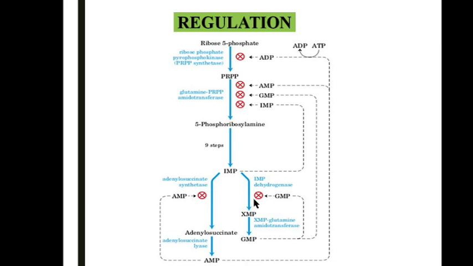Now coming to the third type of regulation. The third type of regulation depends upon the availability of PRPP, because once PRPP is available, it is diverted to the other two pathways apart from this, because the salvage pathway requires PRPP, and pyrimidine biosynthesis requires PRPP. Thus the availability of PRPP and the balance between the three pathways is very, very important. This is done with the help of purine nucleotides, which act as inhibitors to this particular enzyme, that is glutamine PRPP amidotransferase. So thus this is the regulation of purine biosynthesis, mainly by number one allosteric regulation, number two feedback inhibition, and number three the availability of PRPP.